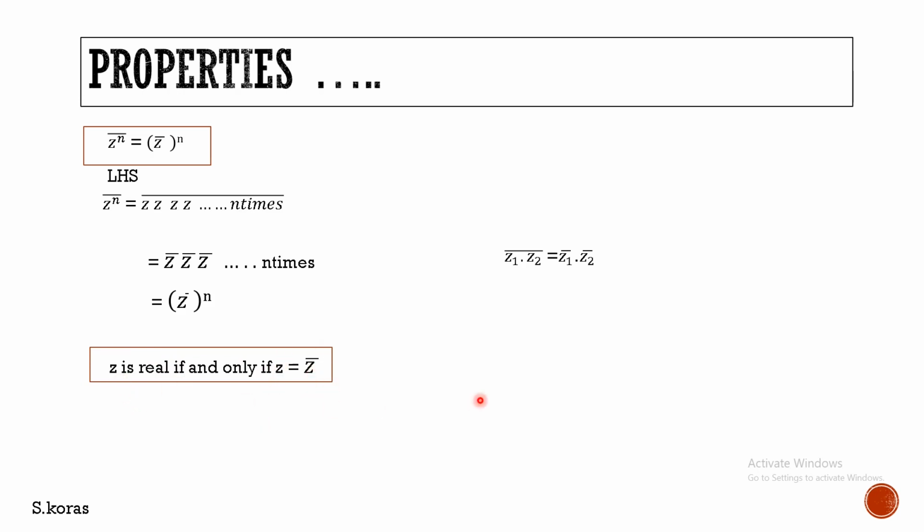So let's try to prove it. Now let us consider z is a real number. z is a real number, that is a complex number which has only a real part. And let's try to prove z is equal to z bar. Since z is purely real, z will be equal to a plus 0i. We have kept this imaginary part value as 0 to keep this as a purely real value,